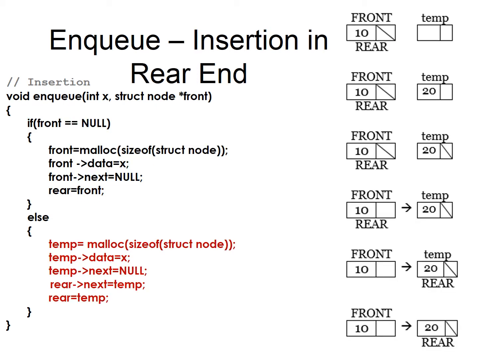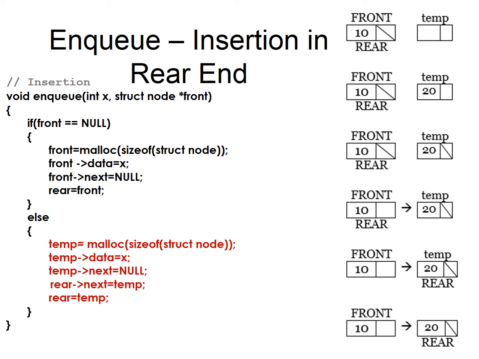Suppose my queue is not empty, that is, it consists of one element or more than one element. Let us take an example that it has only one element. The previous element we inserted is 10. So now I'm creating a temporary variable called temp, because we need to create a new node. So temp is equal to malloc of size of struct node. You can see the diagram, a new node temp is created. In its data part, the new element is inserted. So temp of data is equal to X. And this element is inserted at the rear end, so it will be the last node. So its next pointer is equal to null. How do I set that? Temp of next is equal to null.